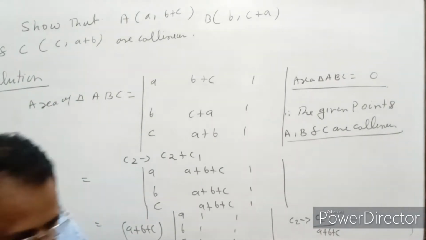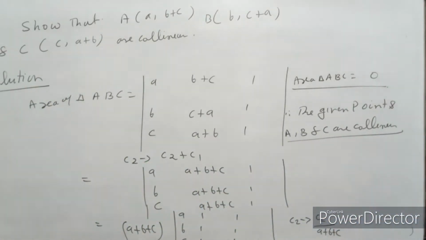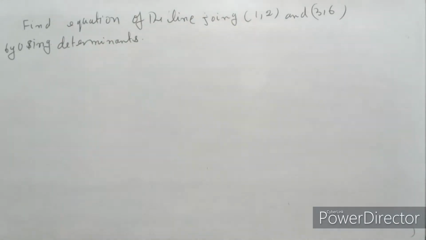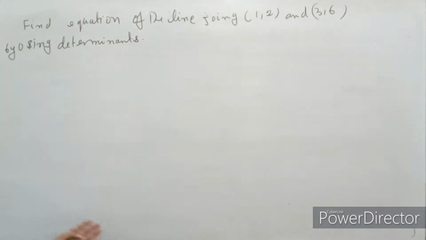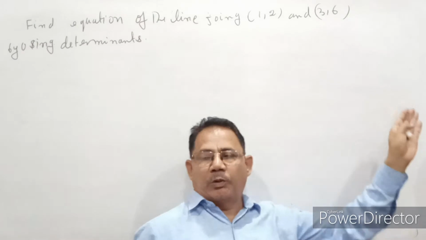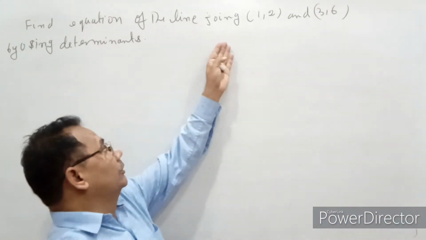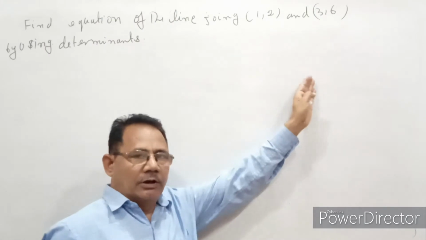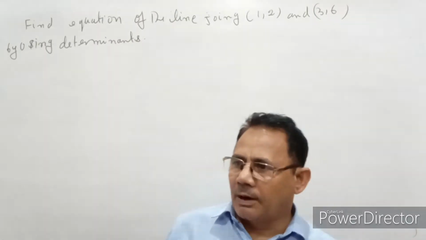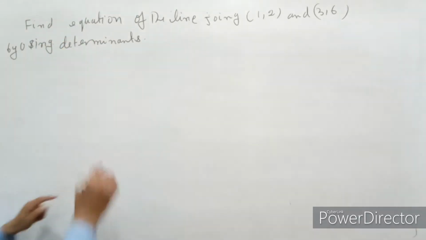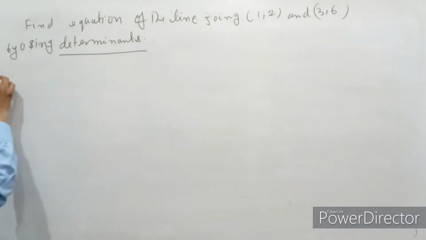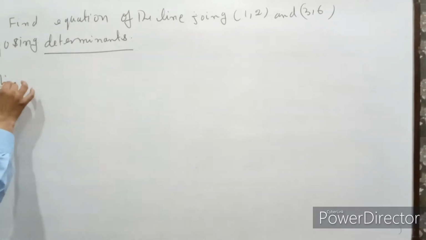Now the next question we see. Yes, next application. Here we want to find the equation of a line passing through two given points. You read this problem in the 11th class, to find the equation of a straight line passing through two given points. Now, this line we find by using only the determinant. Let us see how we get it. There are two points.